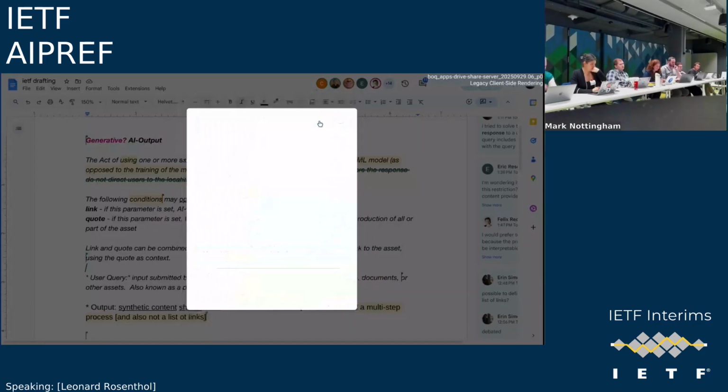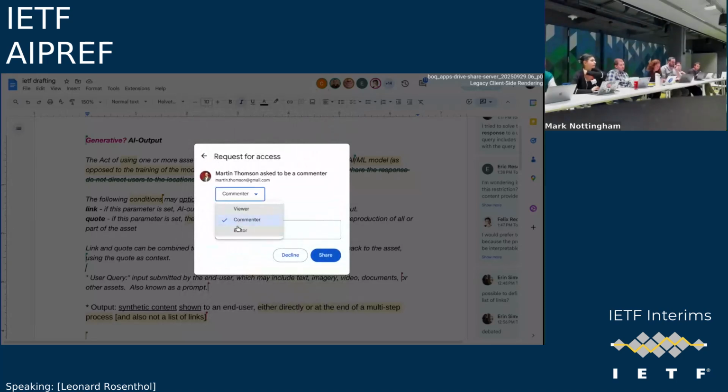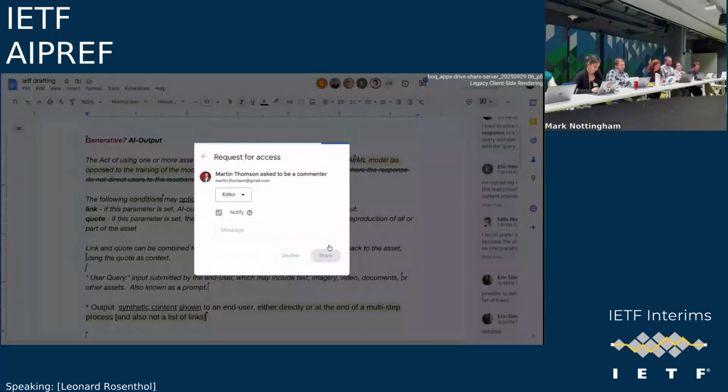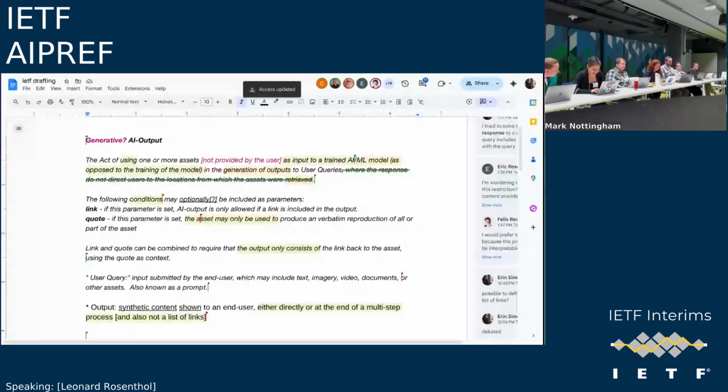How do our preferences relate to a form of, and again, I hate to use the word authorization, but preferences that need to be understood by those agents. And so I would tend to favor that we not worry about that particular set of use cases for our initial deliverables and continue to focus on what we have been, which is end user input and end user output. Thank you.